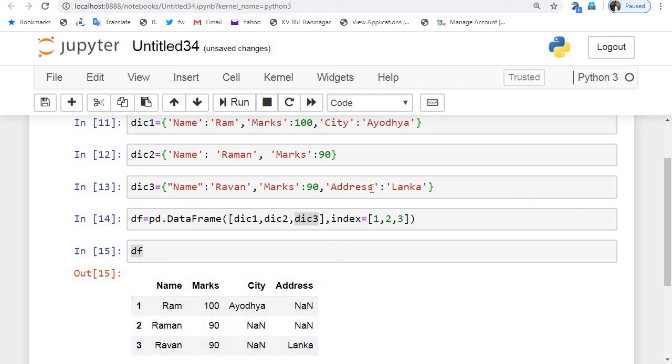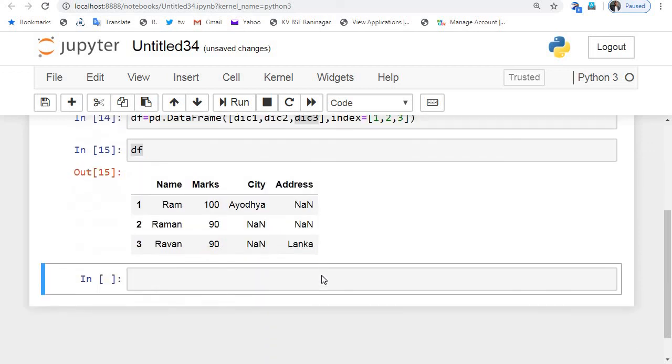Similarly for the address column, the values for the first and second dictionaries are NaN, because they do not have these keys. So no matching, no value.